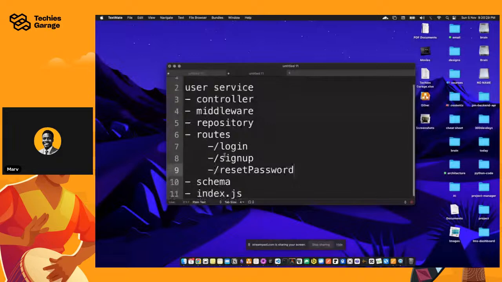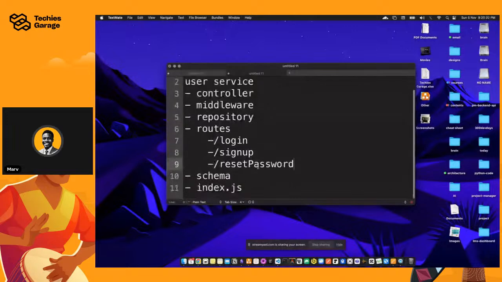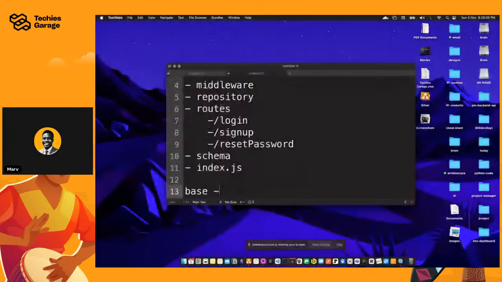Then your base URL might be one. This is now a service. Let's just call this user service.